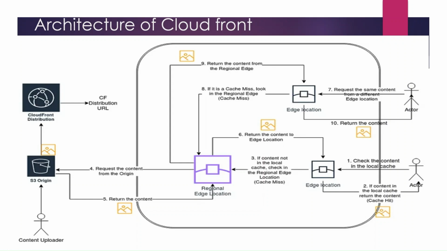So if another user, here is the another user, requests the same content but through a different edge location. So this is the different edge location. This one is also a different edge location. So the edge location checks if it's in the local cache. If there is a cache miss on the second edge location,